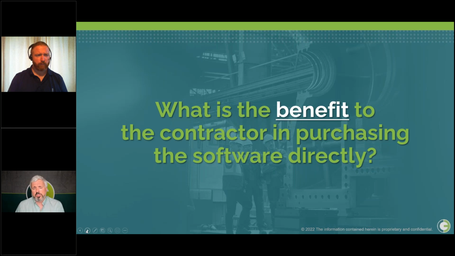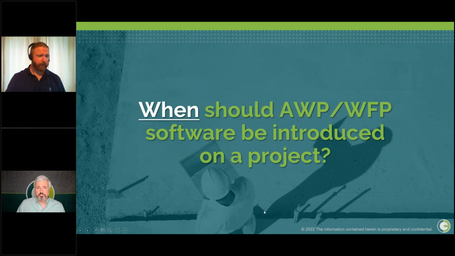And if the contractor waits for the owner, the EPC, to provide the software, they may find themselves contending with a different setup each time and having to reestablish system interfaces and having to play within an ecosystem that they don't control. But on the other hand, if the contractor establishes their own best practice for AWP and workplace planning and can show an owner, this is how we do it and these are the tools that we use, they have a greater chance to have a repeatable process that can be continuously improved over time and limit the impacts of change management on their execution teams. Yeah, so here's our way of doing it, rather than being told.